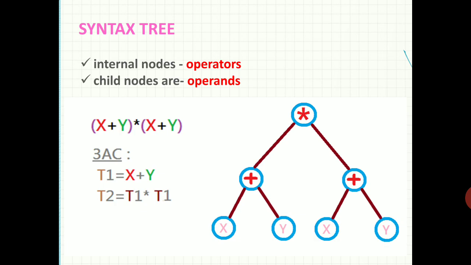So the result evaluated by x plus y is used to evaluate x plus y star x plus y. So we will get the final result. So it is another representation used to represent the intermediate code.